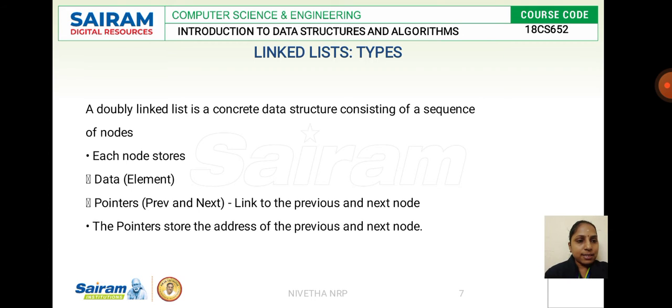We can specify these as the backward link and the forward link. The backward link refers to the previous element's address, whereas the forward link specifies the address of the next element.